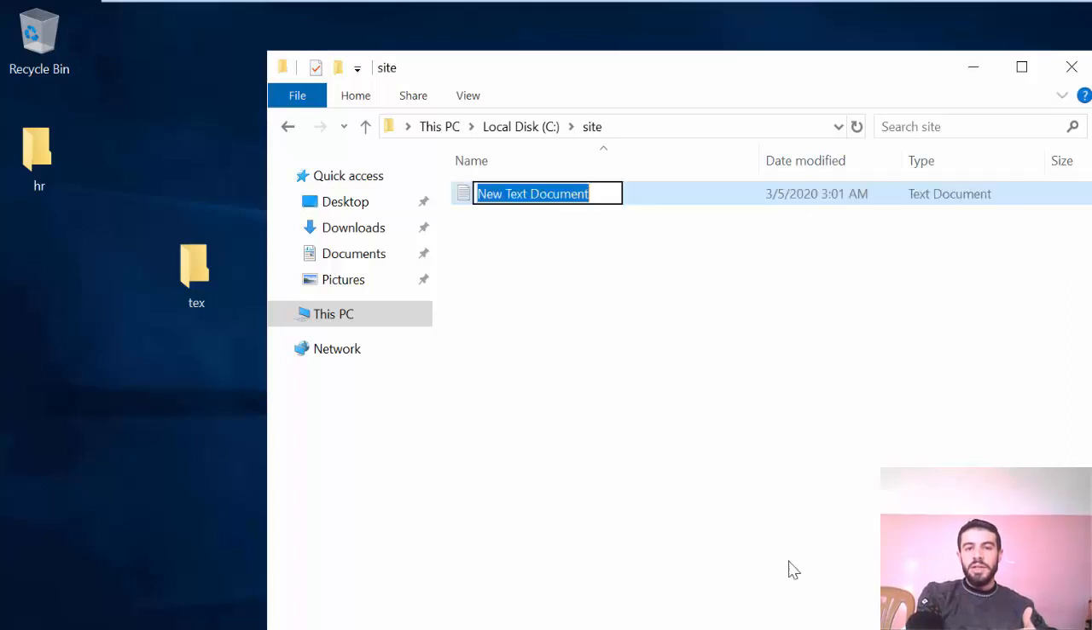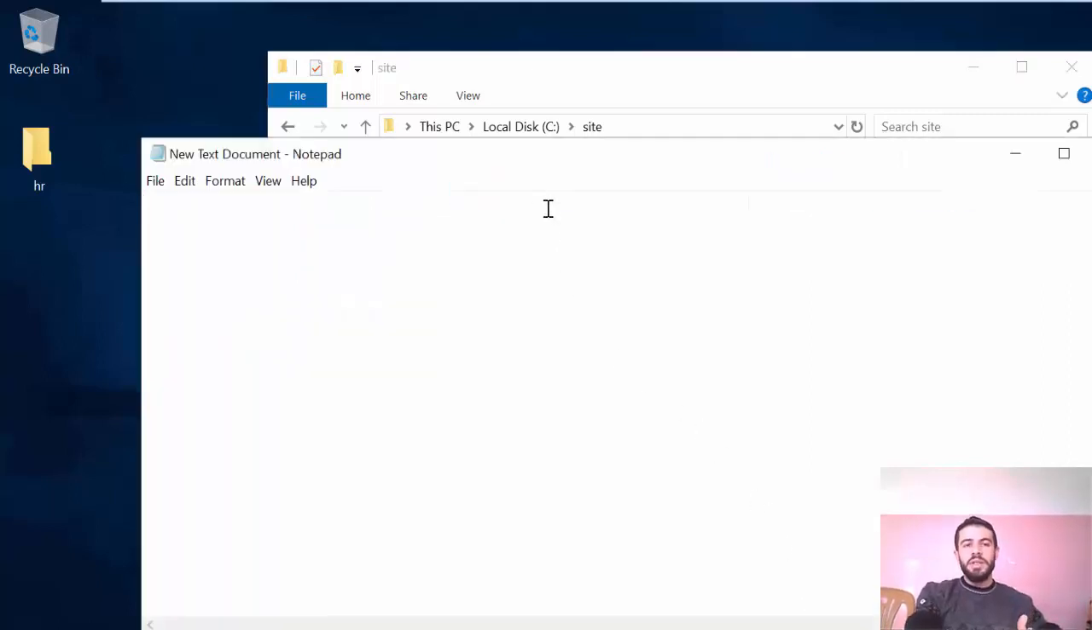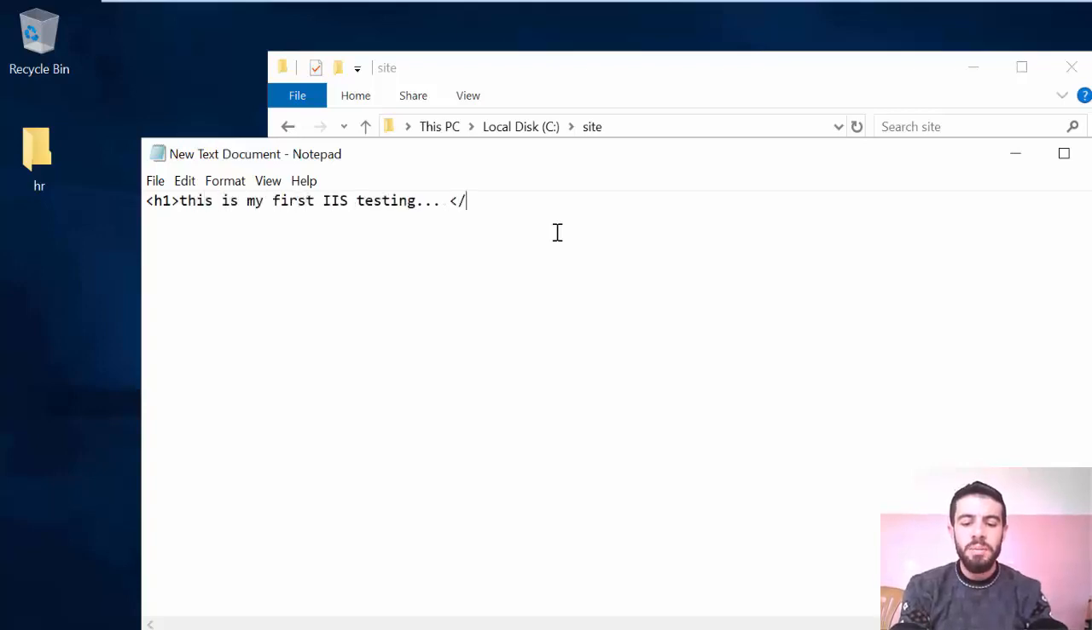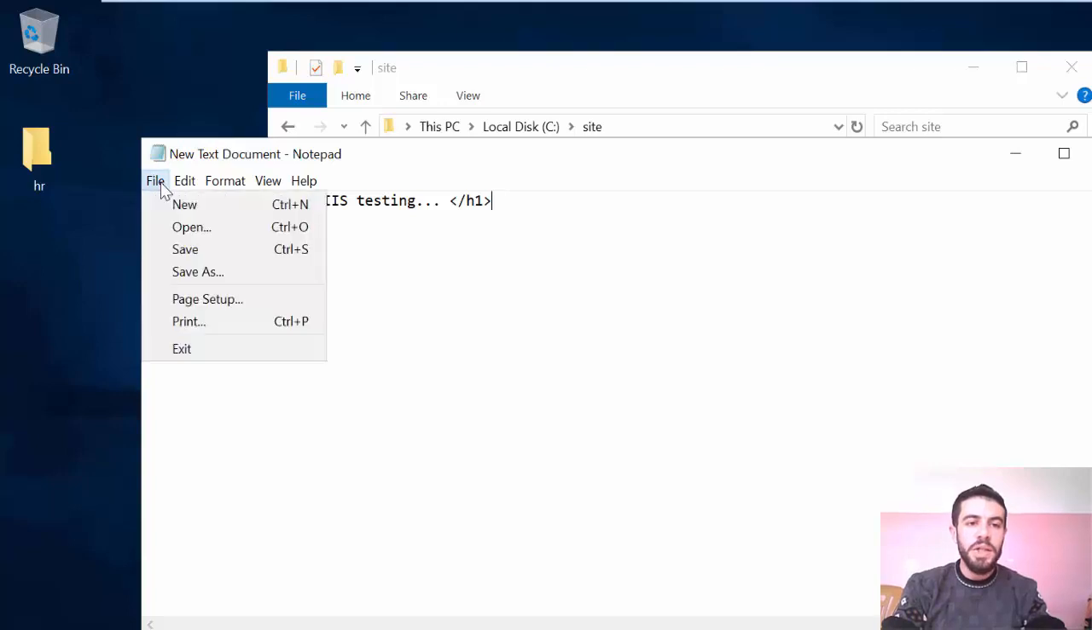Now go to the text file and I want to create an HTML page. The HTML will be very simple, like an h1 tag, and for example "this is my first", and then the closing h1 tag. This is very simple HTML code, and now I want to save it as an HTML file. Right click, save as,